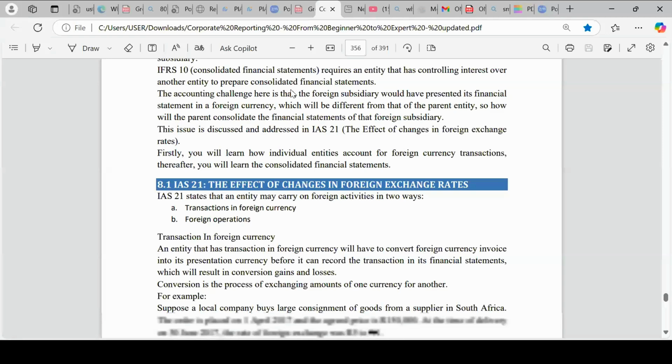Now, it is the company in Nigeria that is the parent, meaning that when they are going to prepare and publish their consolidated financial statements in naira,